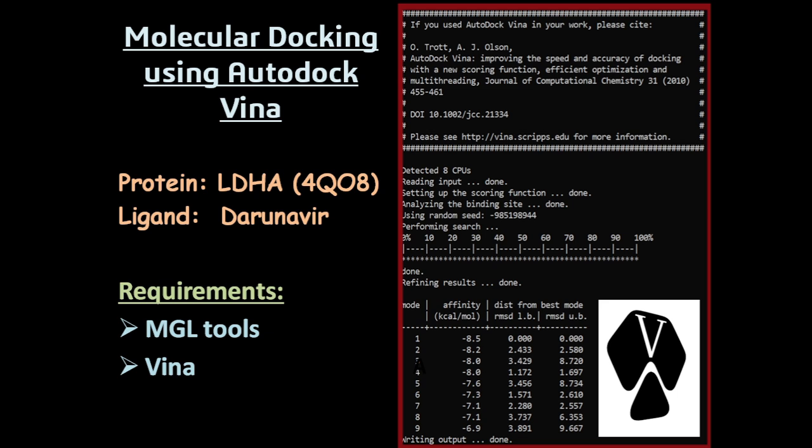In this docking experiment, I am going to use lactate dehydrogenase A as the protein molecule and darunavir, an antiviral drug, as the ligand molecule. The PDB ID of lactate dehydrogenase A is 4QOH. Okay, and as a requirement, we are going to require MGL tool or Autodock tool, which is a protein and